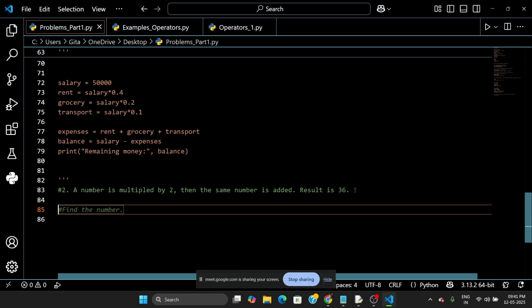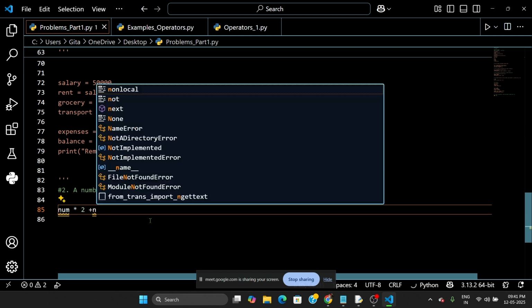ऐसा नंबर ढूंढना है जो मल्टीप्लाई हो 2 के साथ, ठीक है, और वही नंबर ऐड होके हमें रिजल्ट में कितना मिलना चाहिए, 36। वेर एस अगर हम लोग नॉट बाय प्रोग्रामिंग बट अगर हम मैथमेटिकल ऑपरेशन इसके हिसाब से करें, तो एक नंबर चाहिए, मतलब एक नम ले लूंगा मैं। ठीक है। अभी हम एक एक लाइन वाइज पढ़ के उसे सॉल्व करते हैं कि नंबर इज मल्टीप्लाइड बाय 2, मल्टीप्लाई के हम एस्टेरिक यूज करते थे, मल्टीप्लाइड बाय 2। ठीक है। सेम नंबर इज एडेड, मतलब वही नंबर जहाँ पे क्या था, नम, सेम नंबर।